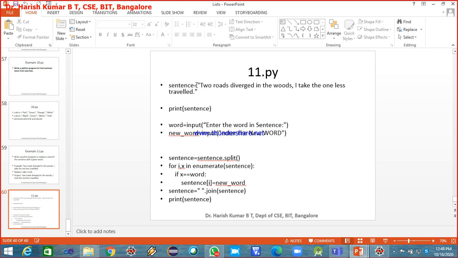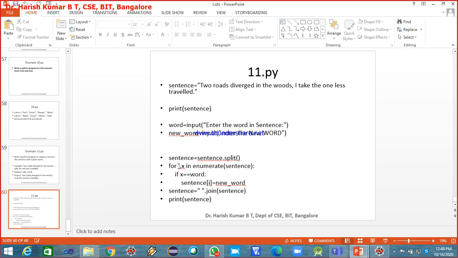So this is the sentence. I'm assigning my entire sentence to this variable and I'm printing the original sentence. Now I'm reading the word which I want to replace, then reading the new word. Now, using the split function, I'm splitting my original sentence into a list of words, and for i comma x in enumerate of sentence.